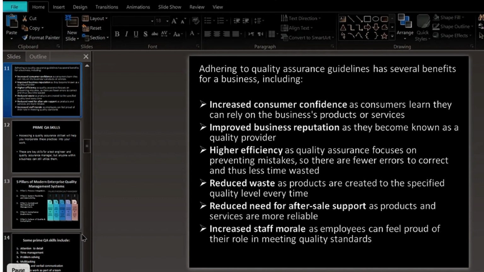increased consumer confidence. बहुत important है to maintain or to create this trust relationship among the providers and the receivers, of course, the manufacturers and the clients as well. So increased consumer confidence as consumers learn they can rely on the business products or services. So if you have established this trust bond between your clients and customers, so your customers